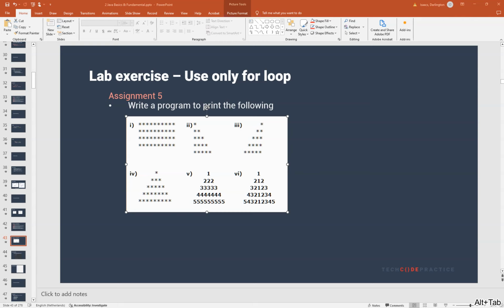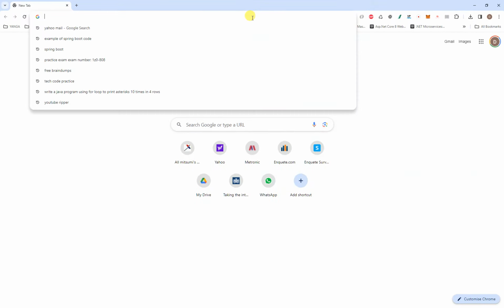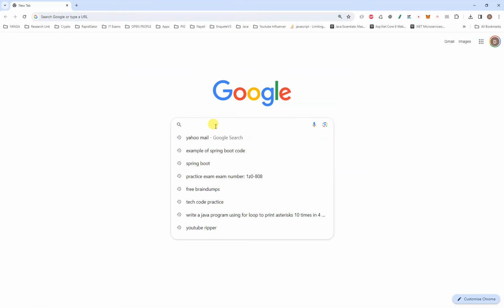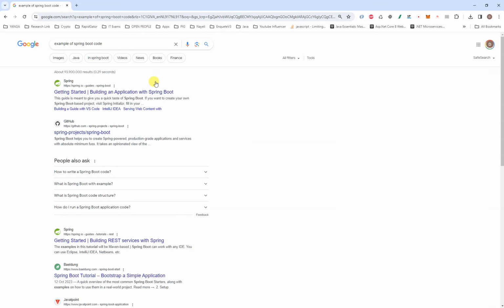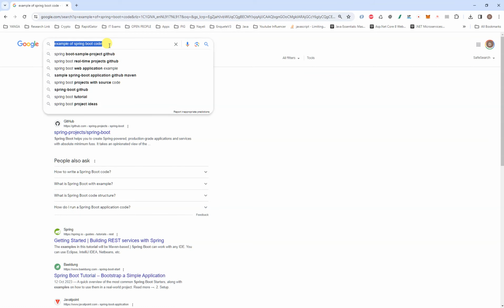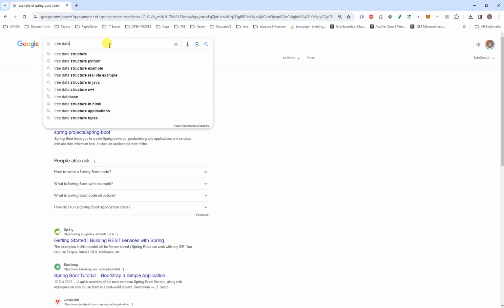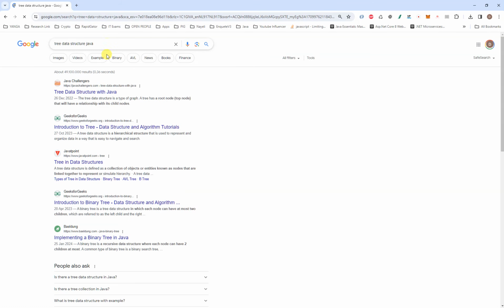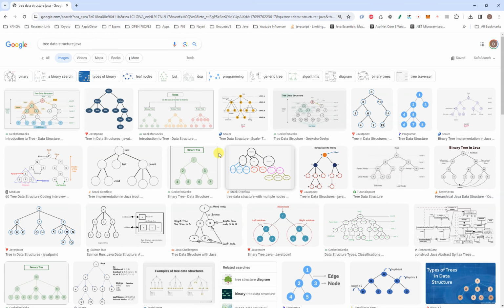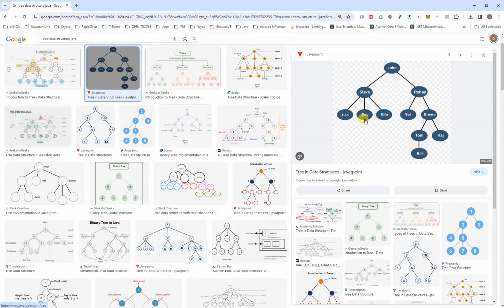I'm going to show you guys an example of a data structure. So, like the search you guys perform on Google, right? Have you ever wondered why, when you search for something, it finds it super fast? It's because some kind of data structure is being used. So, I'll give you one of the popular ones: the tree data structure. If I show you guys an image of it,